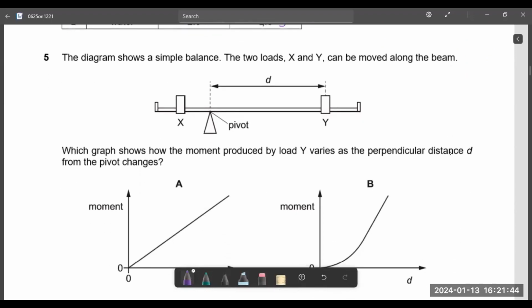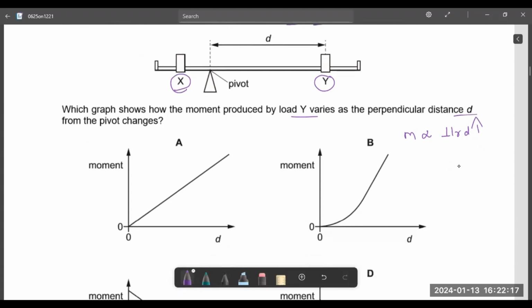The diagram shows a simple balance. The two loads X and Y can be moved along the beam. Which graph shows how the moment produced by load Y varies as the perpendicular distance D changes from the pivot? So the moment is directly proportional to the perpendicular distance. As perpendicular distance increases, moment also will increase. It is directly related, that is linearly related. So here the right choice is,